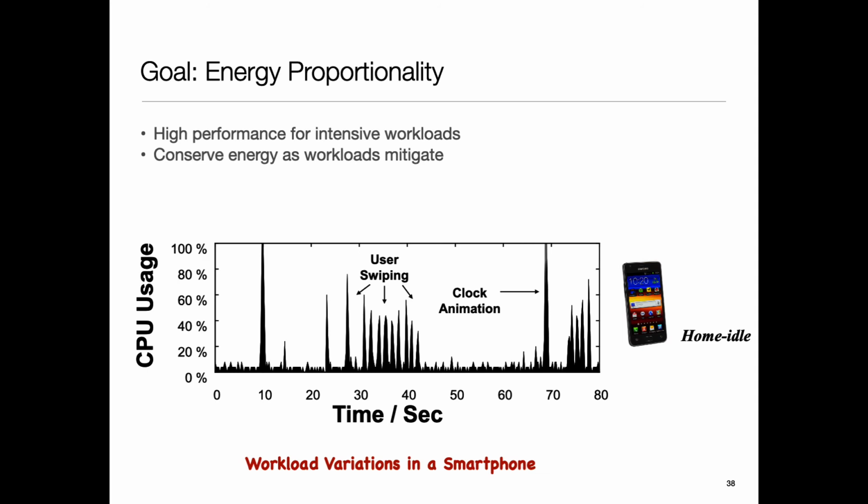So looking at a phone, if you look at the workload, it's non-uniform, right? And what's happening here is, as the user is interacting, there are times at which there's a burst of activity, maybe there's some animation happening on the screen, clock animation, all of that is happening, and then most of the time the system is doing nothing. So most of the time I can operate with low performance, and then occasionally I have to operate with high performance and then rapidly go down. I'm showing it with smartphones, but you can think of it in context of any other embedded system. Also, sensor data comes in, there's a burst of activity, then it goes into a quiescent mode.